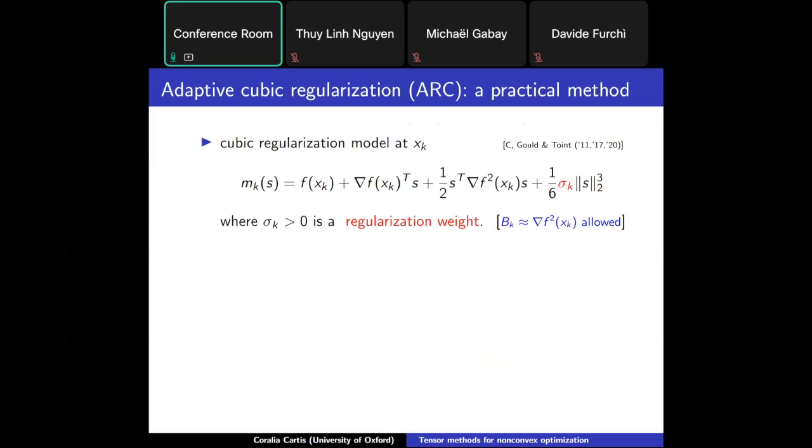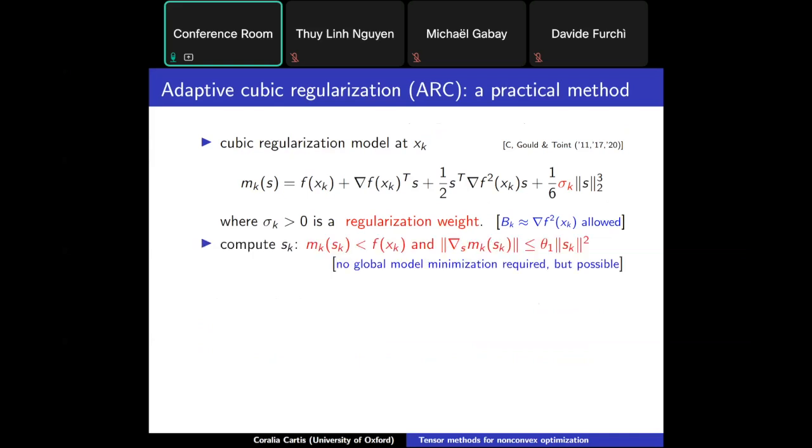So then, of course, we have to pay something for this. We have to evaluate the function f and decide what to do with this regularization weight, this parameter that we now have to adjust during the run of the algorithm. This will be some kind of approximation of my Lipschitz constant that I will adjust. So we will adjust this sigma in the run of the algorithm to make progress,